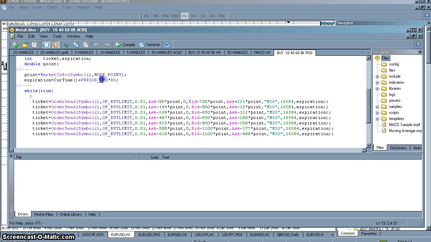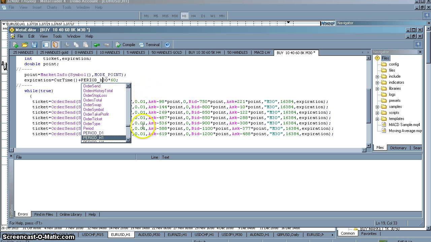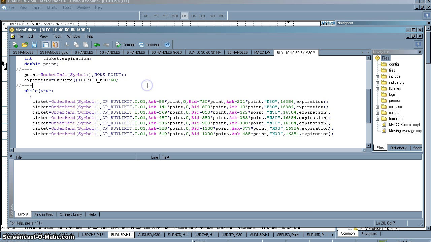Now when you go to edit this, as soon as you decide you want to change this to an hourly, it's going to pop up with all the available times that you can put in there. This would be 1 month, 1 week, 5 minutes, but most brokers aren't going to let you load a 5-minute script. 15 is about as tight as you can go, because I guess they don't want you scalping or whatever. But anyways, I set this to M30